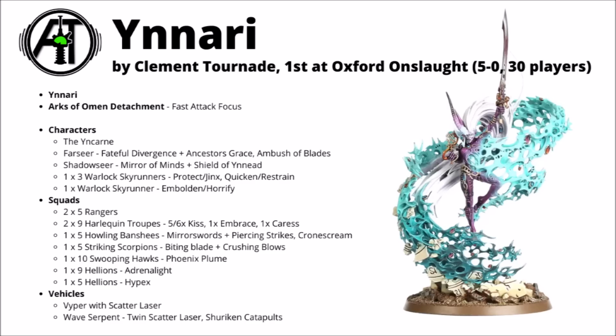There's then a Shadow Seer with Mirror of Minds for the really quite powerful focus Witchfire, and then Shield of Iniad as well to give you a 4+ invul save on a unit. Could be helpful on a fair few targets, and either the Harlequins or the Hellions seem like a pretty reasonable choice. There's then a bunch of Flying Warlocks, a unit of 3 of them with the most common picks